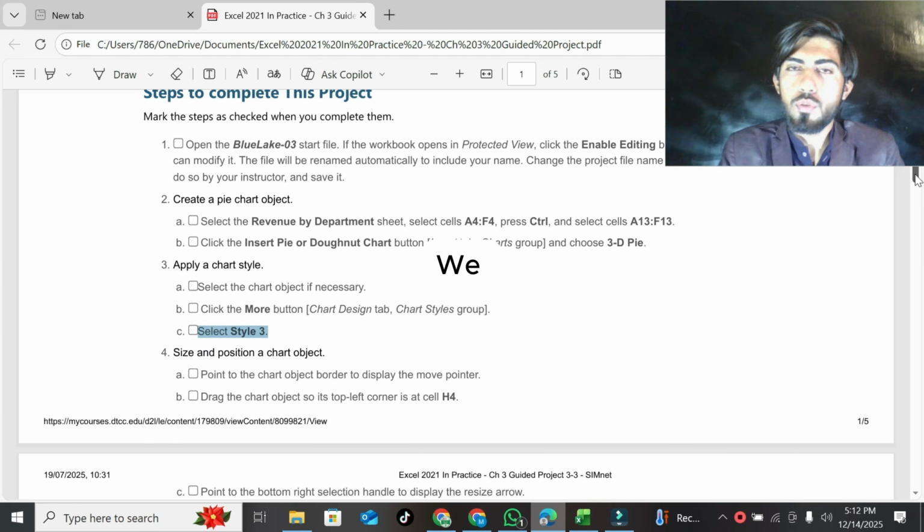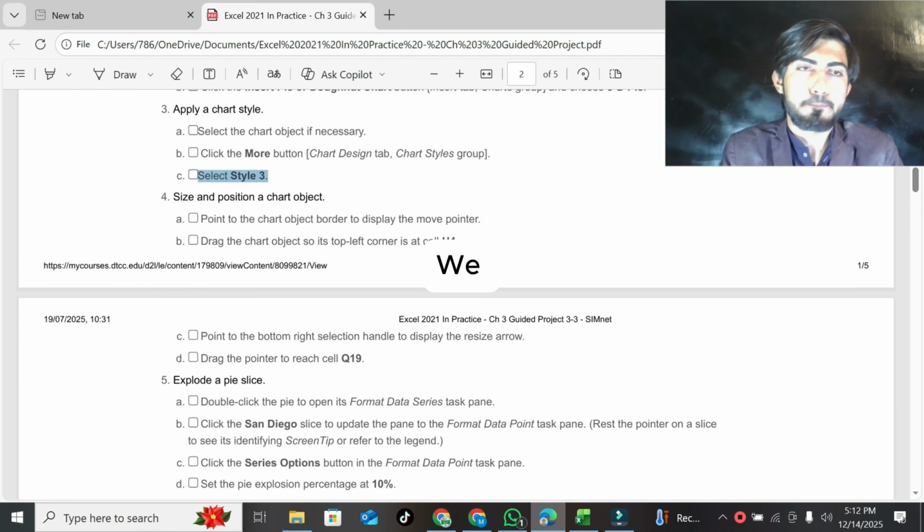Now I am going to do question number 4. Question number 4 is size and position a chart object. Part A is point to the chart object border to display the move pointer.